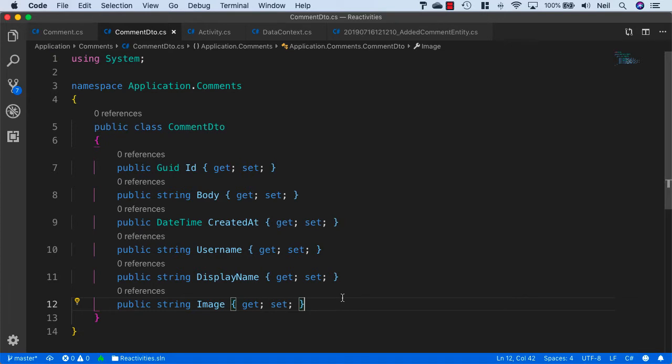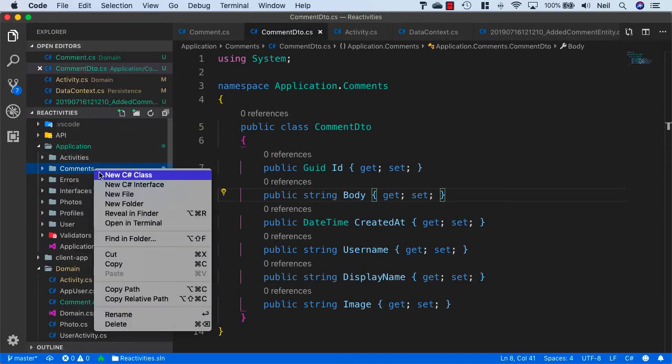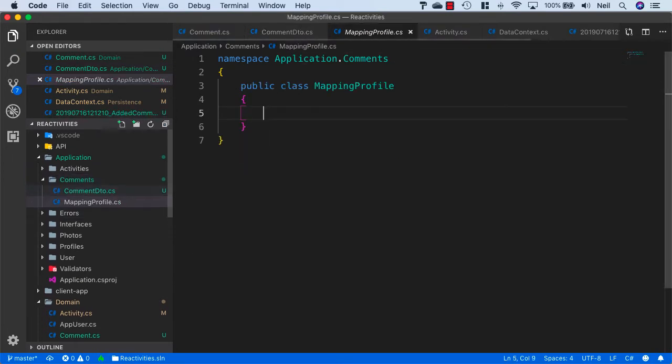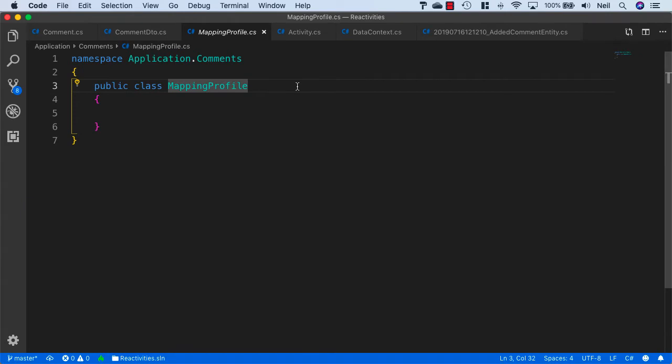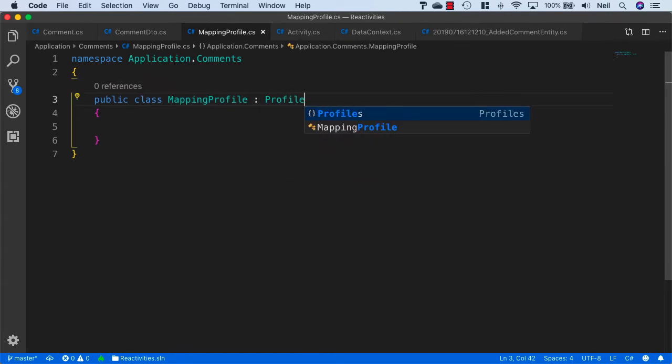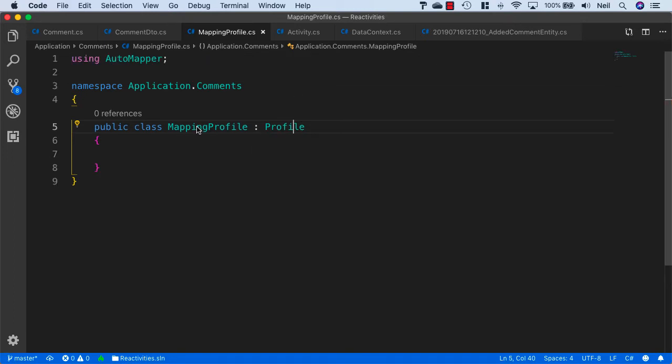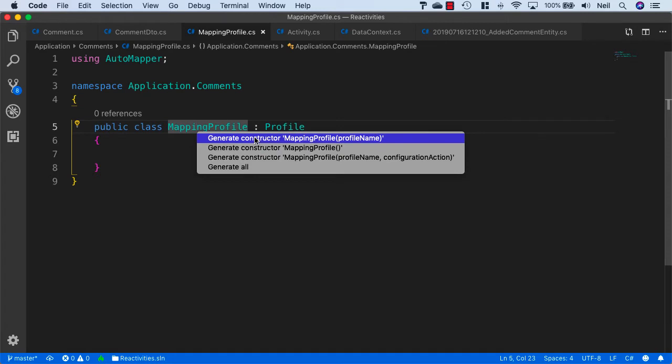So we won't map these manually. We'll utilize AutoMapper to help us map from the author to these three additional properties. And what we'll do is inside our comments folder here we'll create another new class and we'll call this mapping profile, and inside here we want to derive from profile. And be careful here because we're using profiles in our application, so we want to select the one for AutoMapper. And inside here we want to generate a new constructor,